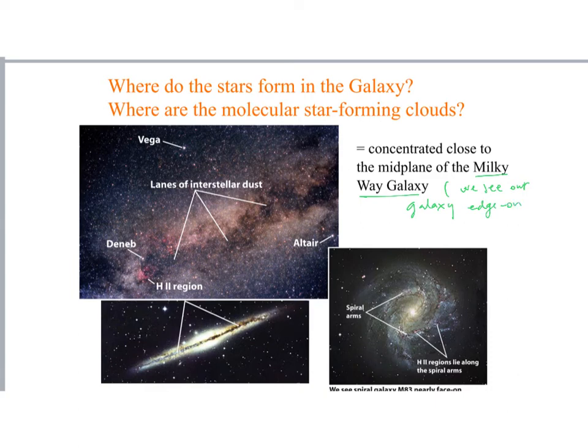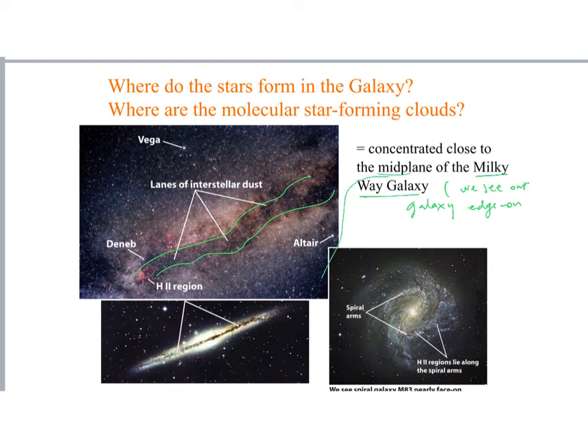We are that grain of flour inside the pancake, and we're looking through the pancake, okay? And so, yes, we see the milk spilled out there, but we also see some dark lanes, especially if we have really good binoculars or a really nice dark night somewhere far away from the stadium lights. And yeah, those lanes of interstellar dust are those star-forming clouds, the molecular star-forming clouds,